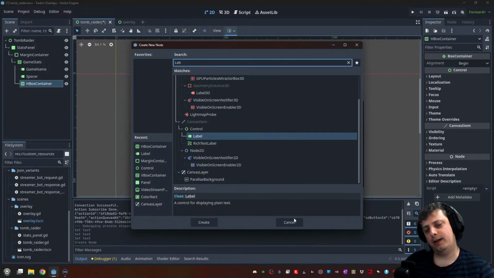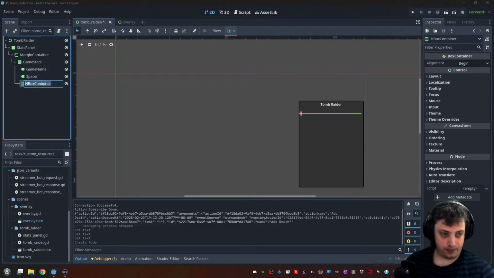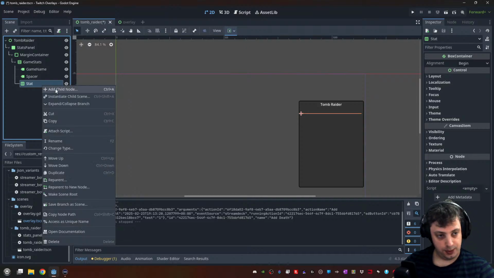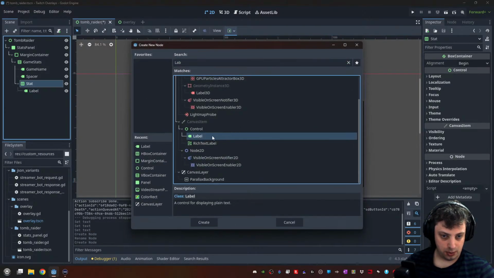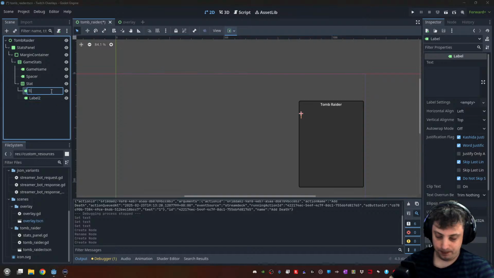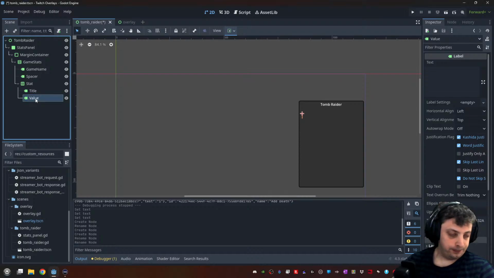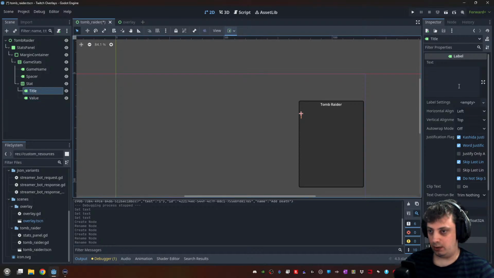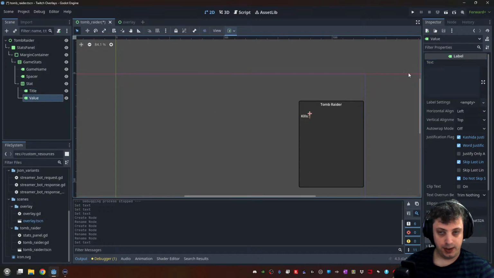Although saying that, actually, if I did create that as a scene, yeah, so we add 2 labels. Title and value. So title would be, let's say, kills. And the value